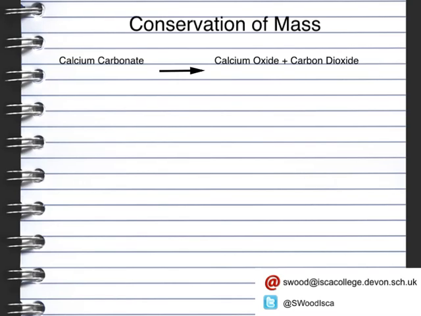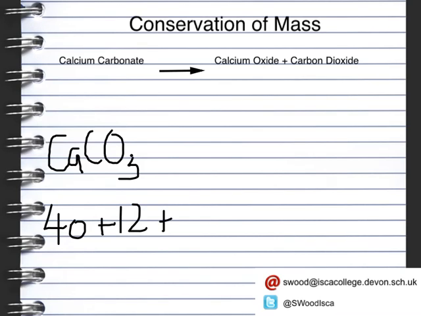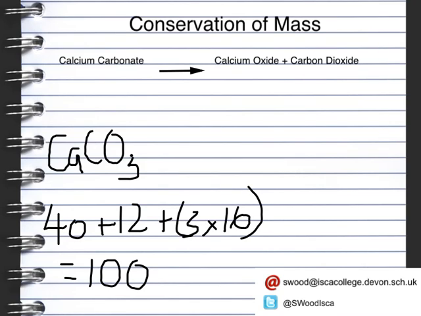So we've got calcium carbonate, so we've got the formula CaCO3. So calcium is 40 plus 12 plus 3 times 16. Now that adds up to 100 grams